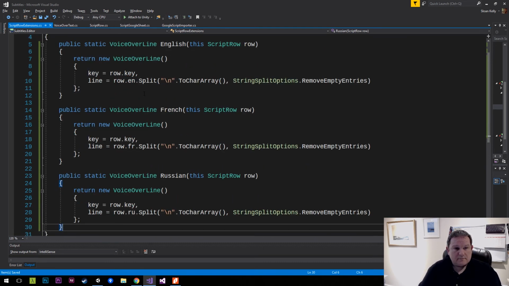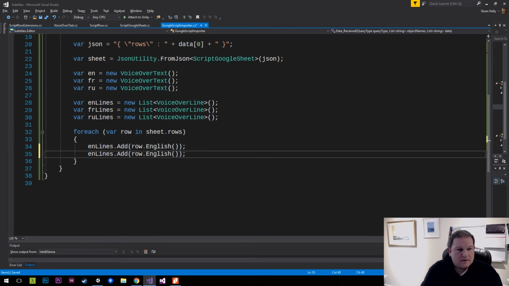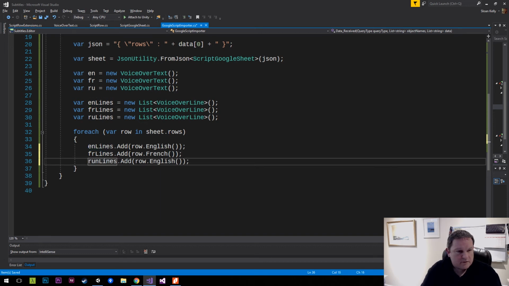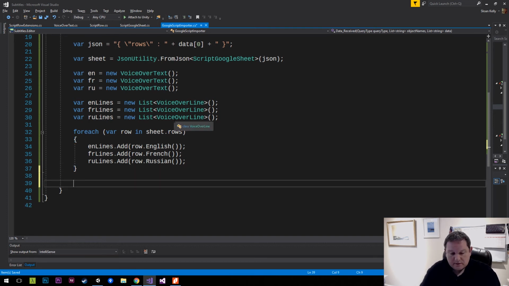So why are we doing this? If we go back over to here, it now makes this a lot easier, because now we can do en lines dot add row dot English. And then we can do the same thing for our French, and the same thing for our Russian. Okay, so now we have each one of those in there, and all we have to do now is do en.lines